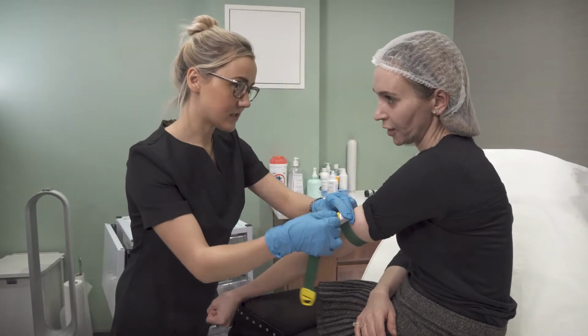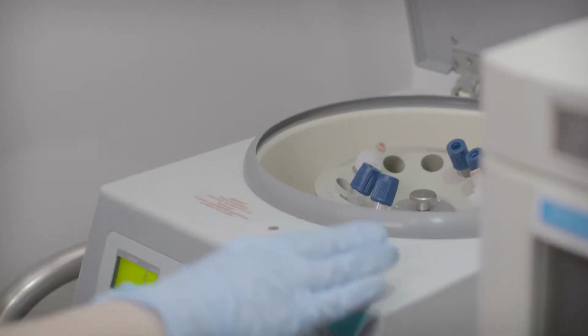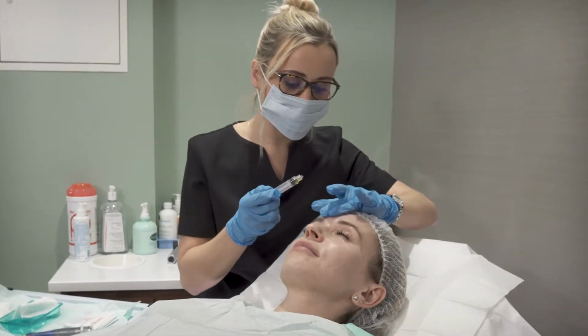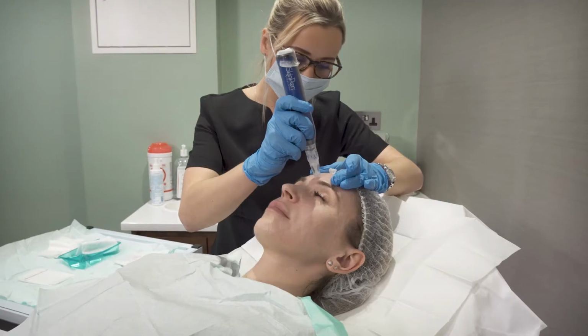PRP needling is a combination of two types of treatment. First of all, we take some blood from the patient's inner elbow. We then place this blood in a centrifuge, and then there is a certain technique to extract that fraction of the patient's blood that contains platelets. And the reason we do that is because platelets are very rich in growth factors. So we extract the section that's richest in growth factors, and then we needle this growth factor solution back into